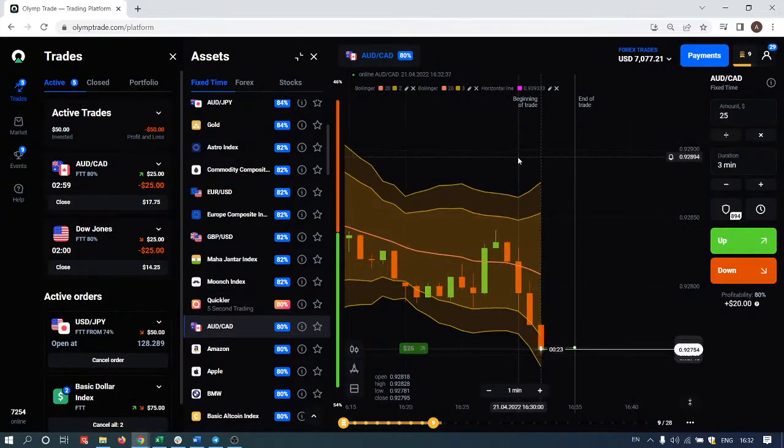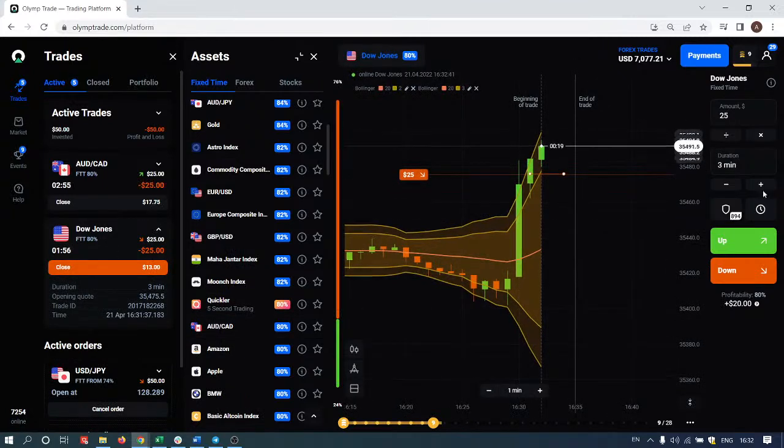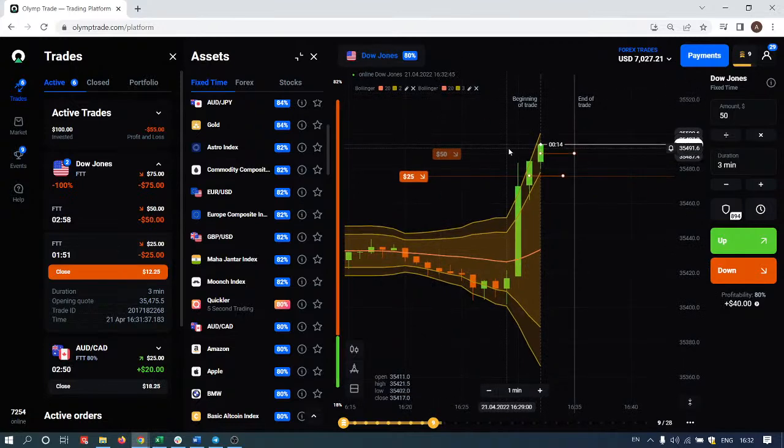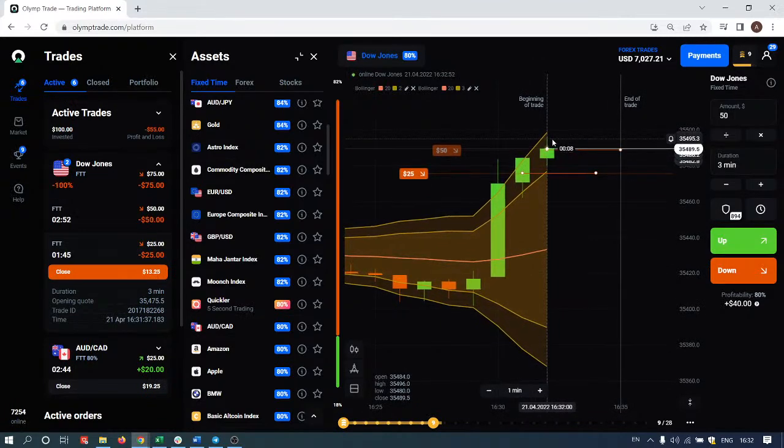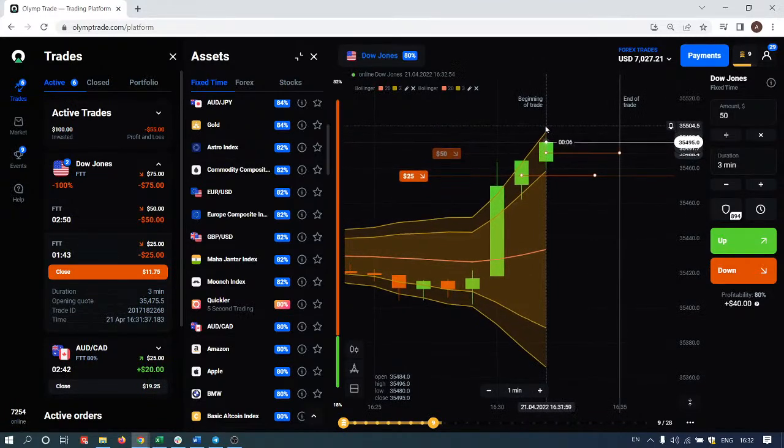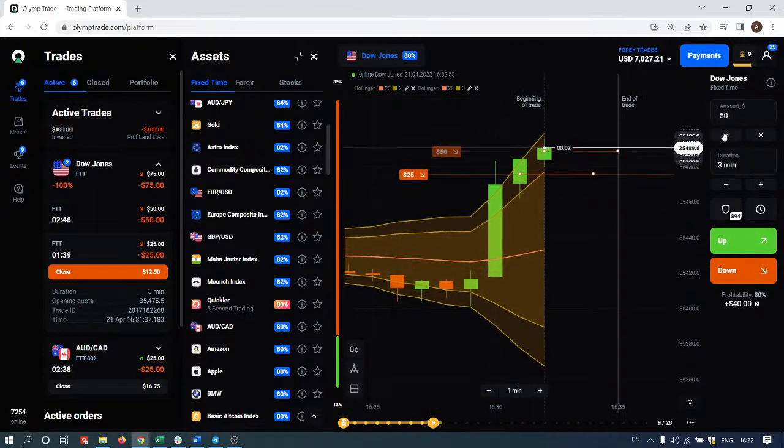So AUDCAD, yeah, fine. I have finally found this setup, and yeah, let's open one more trade here on Dow Jones. So we are still going up, we are still pushing north, and we can open another counter trending trade. So with the help of the double Bollinger strategy here,